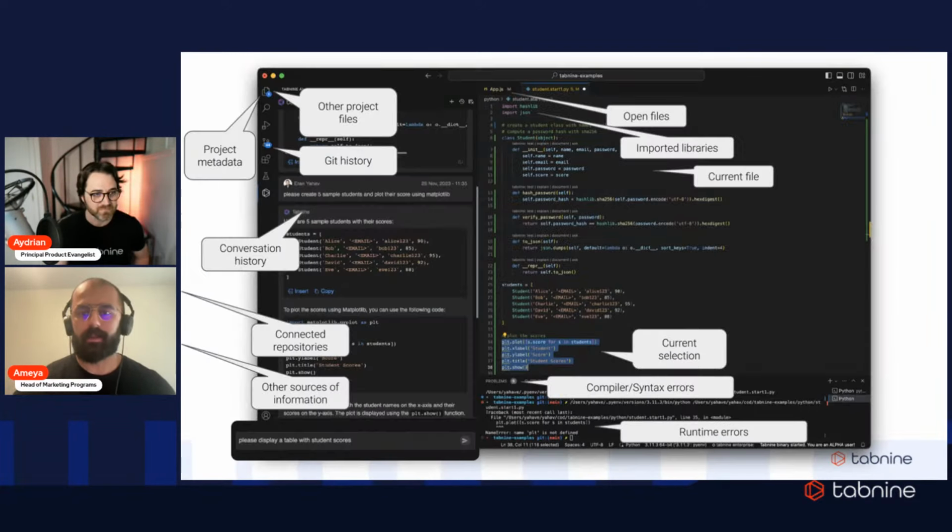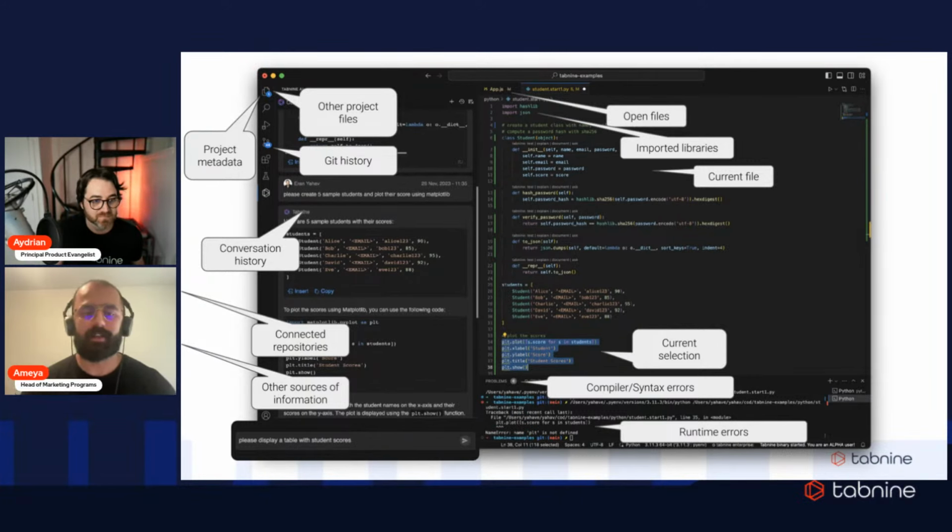So let's go take a look at sources of context from that first level of personalization. Just like you need context to intelligently answer questions in real life, coding assistants also need that to intelligently answer your questions. And this contextual awareness augments LLMs by providing all the subtle nuances that make you as a developer and your organization unique. So this is kind of a visual of the different ways Tabnine accesses locally available data in your IDE to provide more accurate and relevant results.